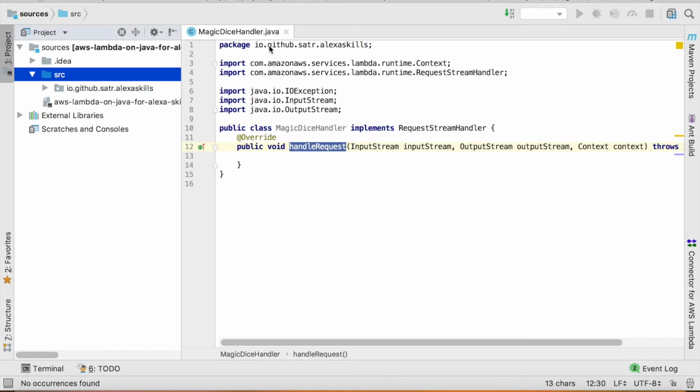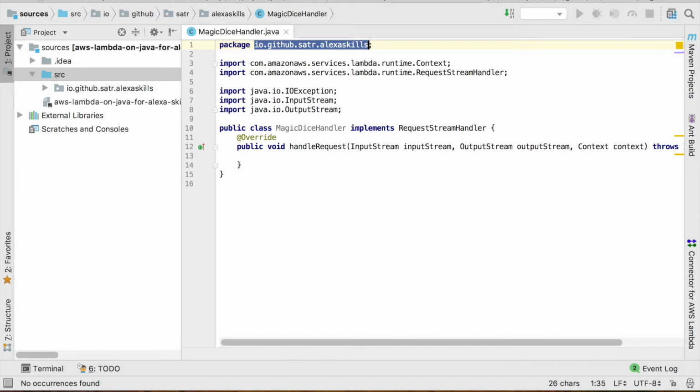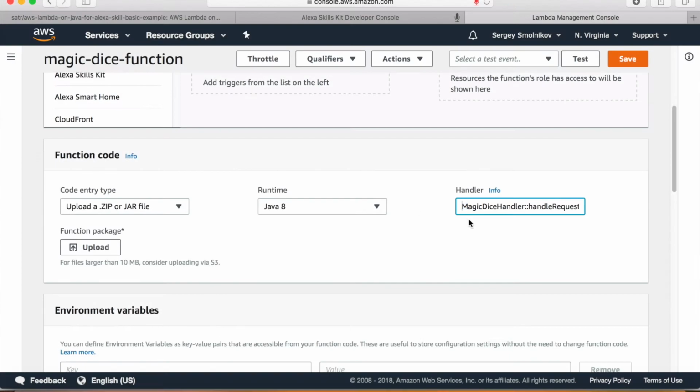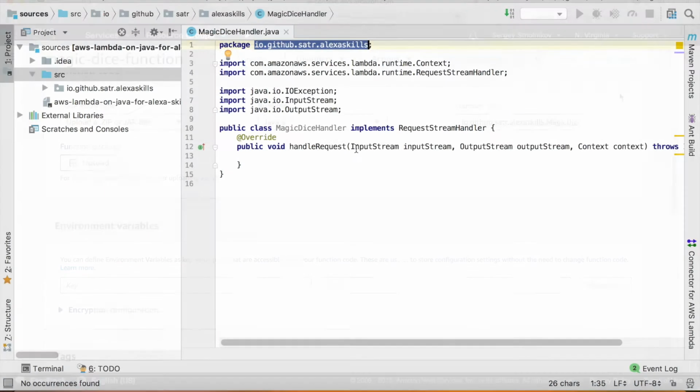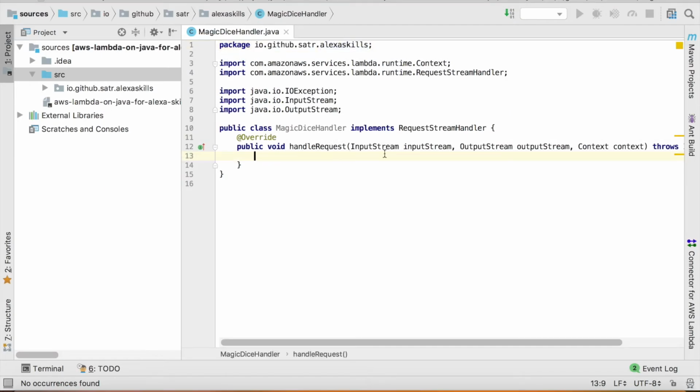So it would be within this package, and then we need to put this package as part of the handler. Don't forget to hit save.